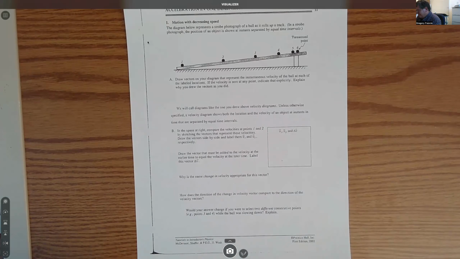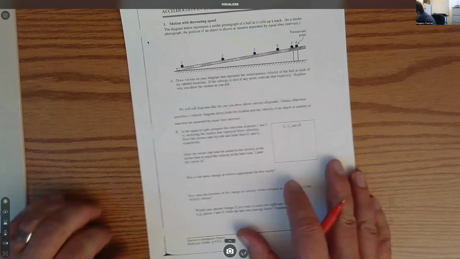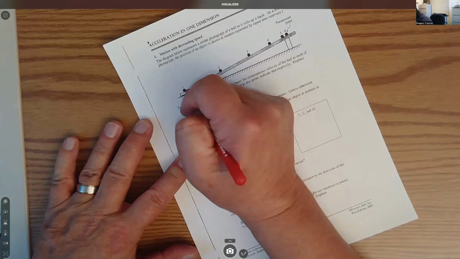The velocity vector is just a really, really simple concept. It's almost visual. If you're going down the road in your car and you have any kind of imagination at all, it's just a big red vector that points out your front windshield. And the faster you're going, the longer it is. And so the velocity vector at 1